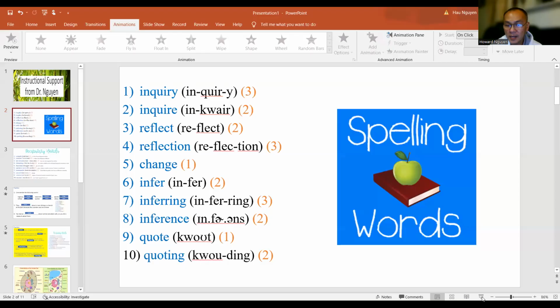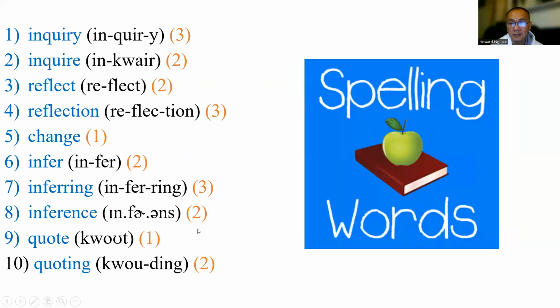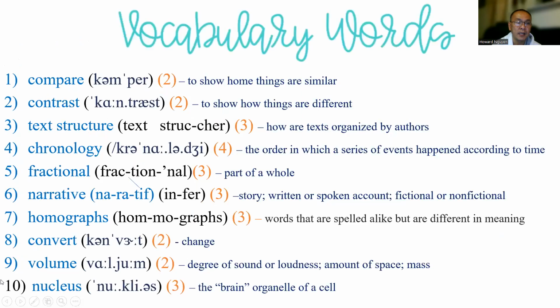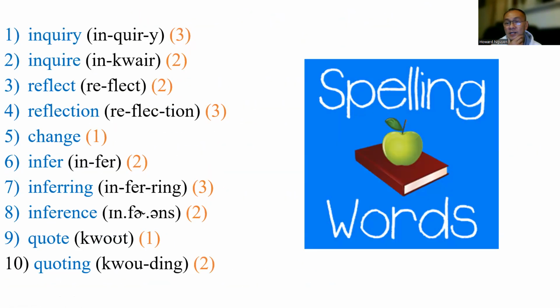Okay, so in the past 2 weeks, well, today will be our second week. So in the past several days, last week, including this week, and moving on to next week, we have learned these words. It is important that you know how to spell words, because later on in life, you might have to write a paper check or maybe an electronic check. You have to know how to spell certain numbers, certain words. So it depends on the situation. It is imperative that you know how to spell and be able to use these words in different situations